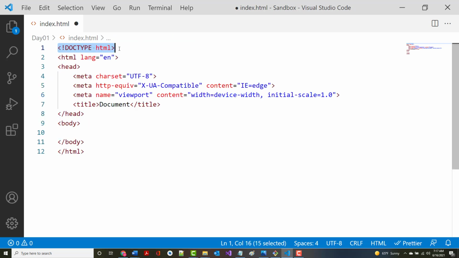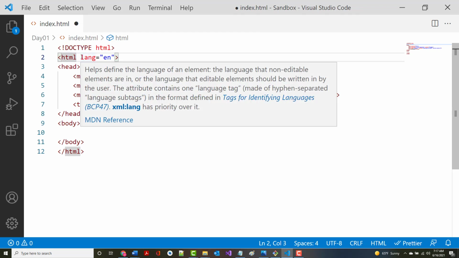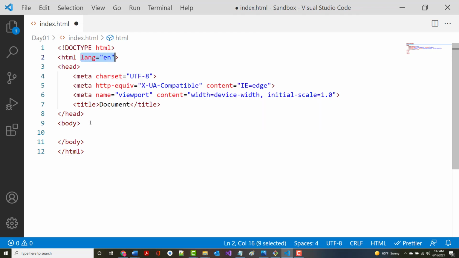Well, I've already explained what the doc type is. This is our beginning HTML tag, which has an ending HTML tag. You'll notice the difference between them. The ending one has just a forward slash followed by the name of the tag. This one has not only the name of the tag, but it also has what's called an attribute, a language attribute that explains that what we're doing here is English. All right, then there's our beginning head tag and our ending head tag, our beginning body tag and our ending